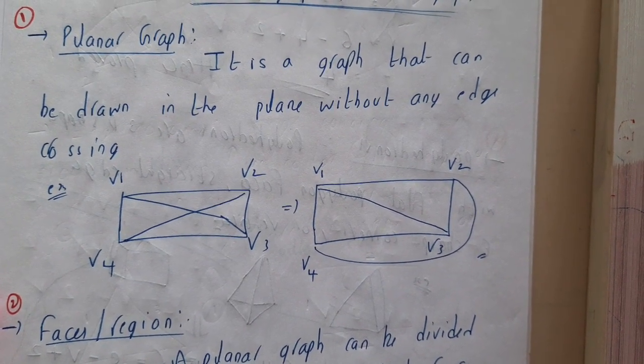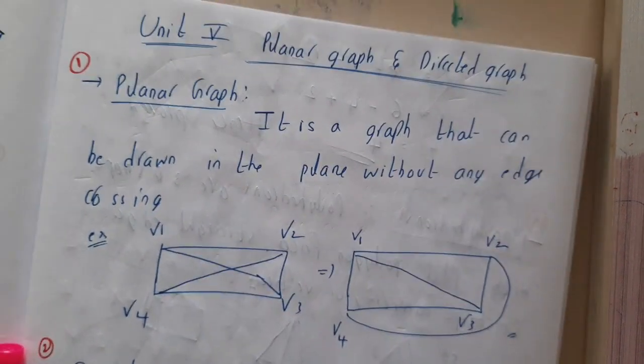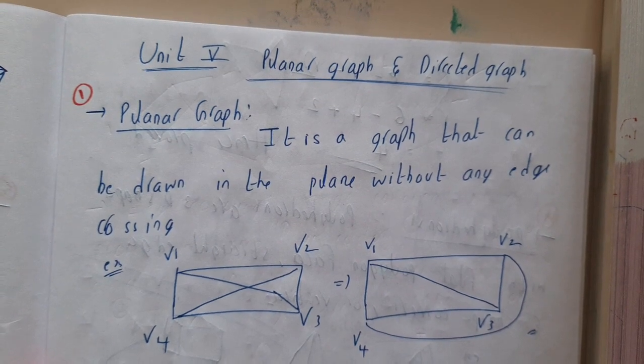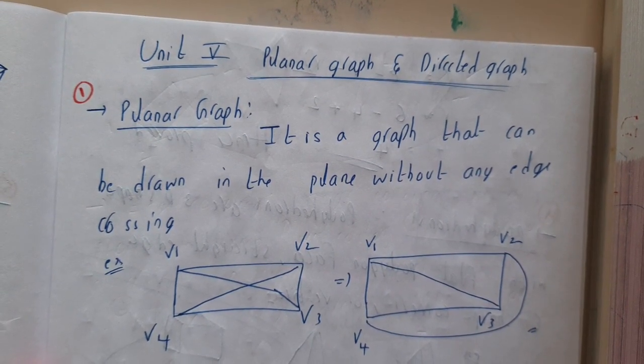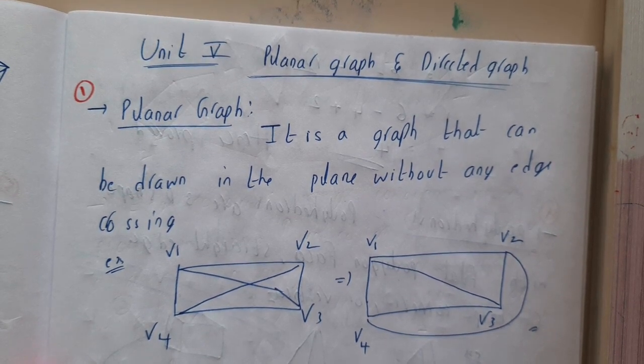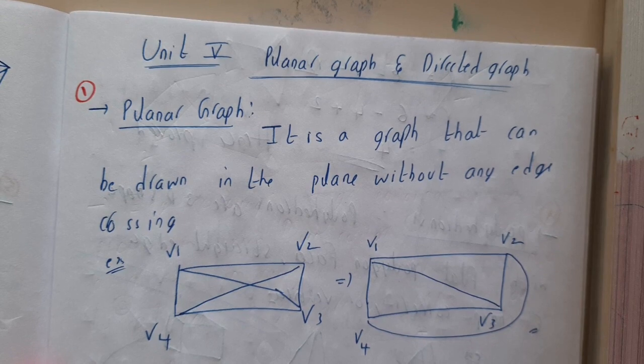In the next lecture we are going to start the next unit, in which we will be discussing planar graphs and directed graphs, guys. Sorry for that. If you want any kind of important questions for this, I think the chapters are really small, guys, around 5 to 6 topics in each and every chapter. So it's always better to prepare each and every topic, guys.